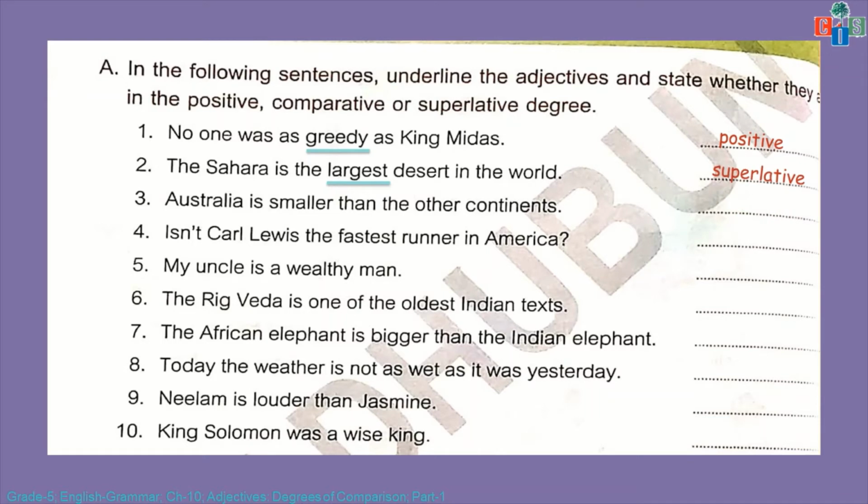Okay, scholars, in this way you have to read all the sentences very keenly. You have to pay attention to each word. First you have to find the adjective, and then you have to pay attention to the phrases. Then you have to pay attention to how many people we are talking about, 1, 2, 3 or more than 3. In that way, if you read these sentences, you can get answers whether these sentences carry the positive degree of comparison or the comparative degree or the superlative degree. Okay, now we will do exercise B.